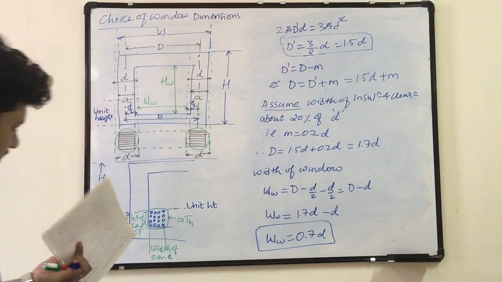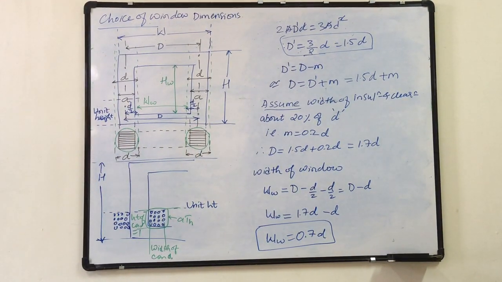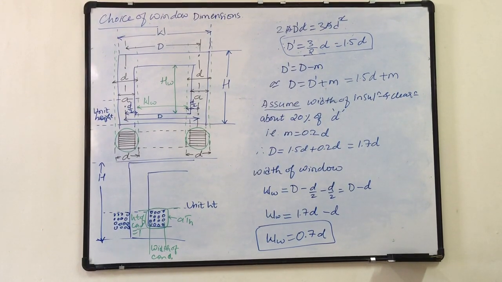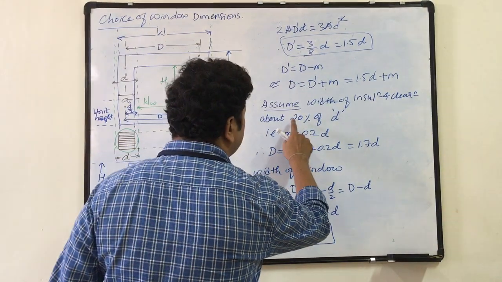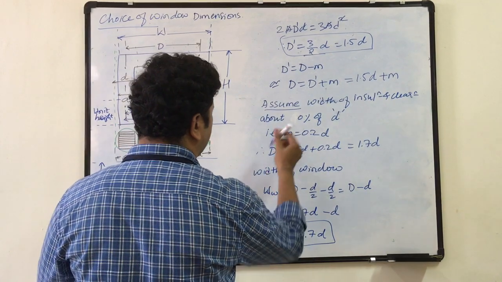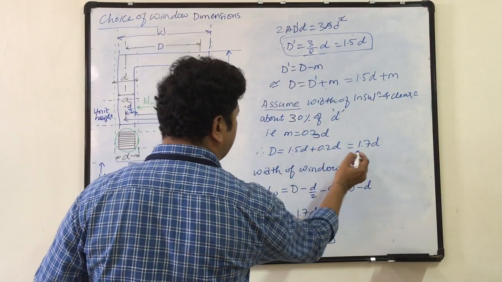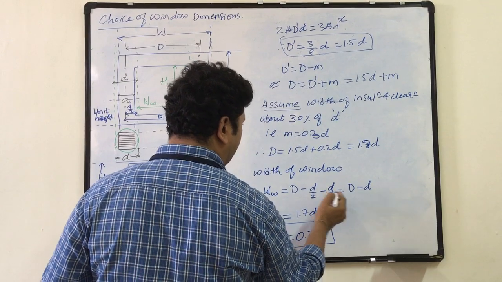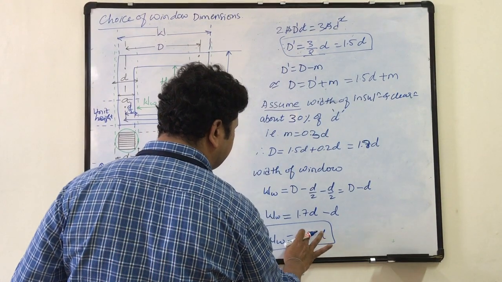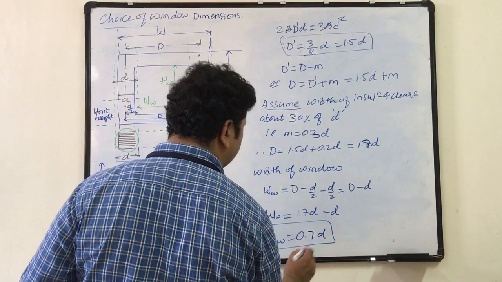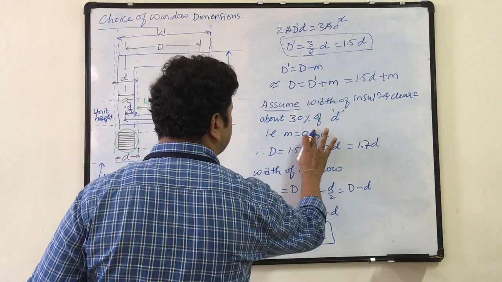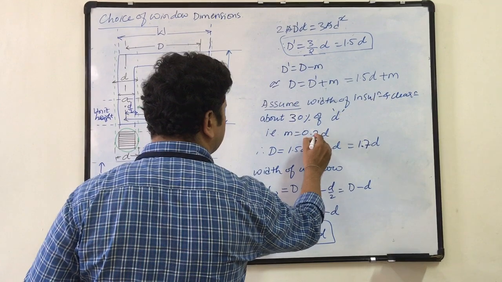So this is the optimum width of window to be obtained so that my output of the transformer is maximum. Now if I choose 30%, okay, if I choose 30% of d, it will become 0.3 d, it will become 1.8 d, it will become 0.8 d. So whatever percentage of d I choose will decide this optimum condition. So generally you remember this derivation.